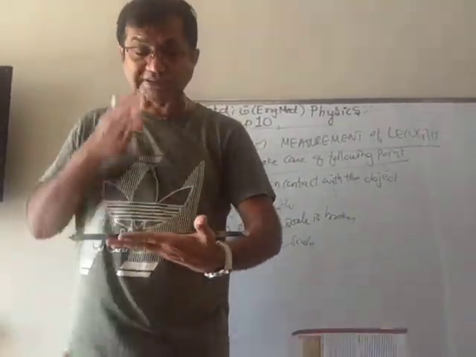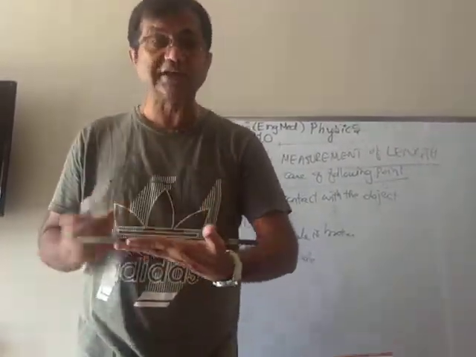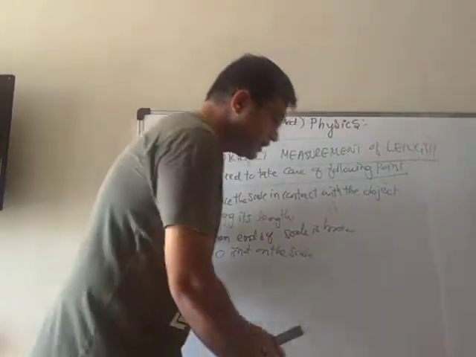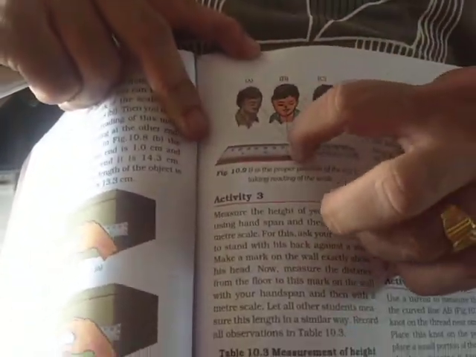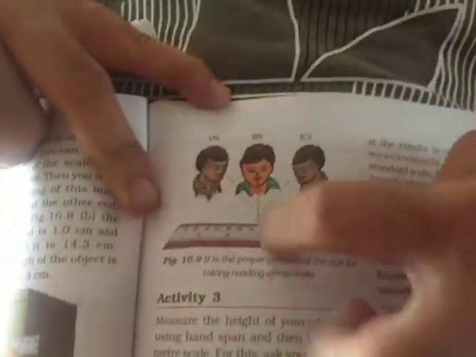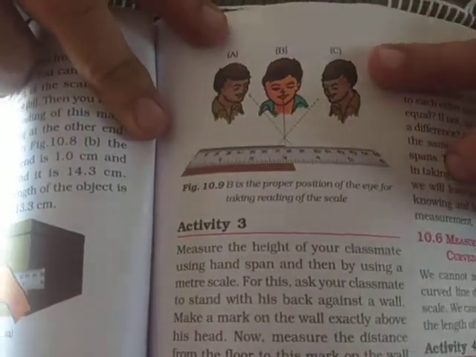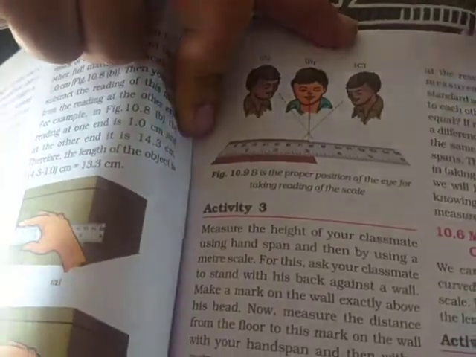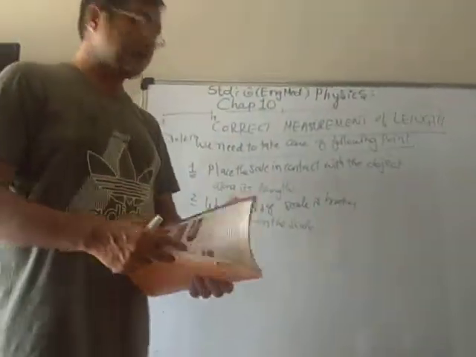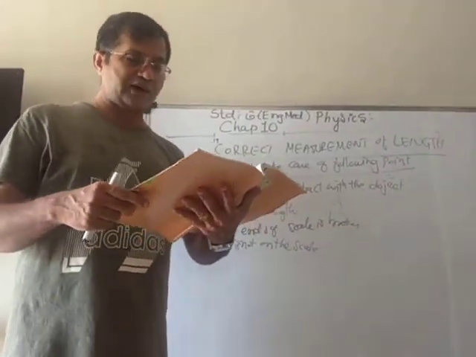So I must be exactly over, in the horizontal position with the scale, so that I can read properly. That is also shown here in the figure. You can see that this is the perfect position. So if the length finishes here, your eye must be exactly on it. It can't be like that or like this, otherwise we can have a little wrong measurement. So to be perfect, we have to see exactly from the above position.